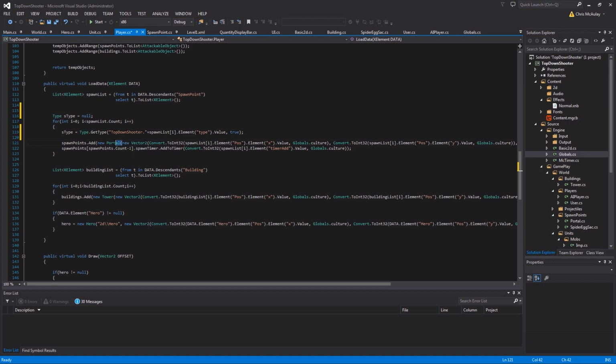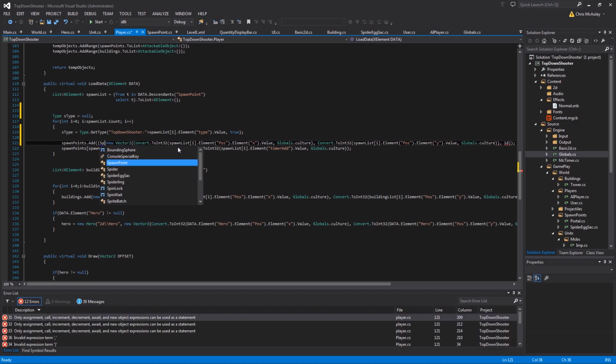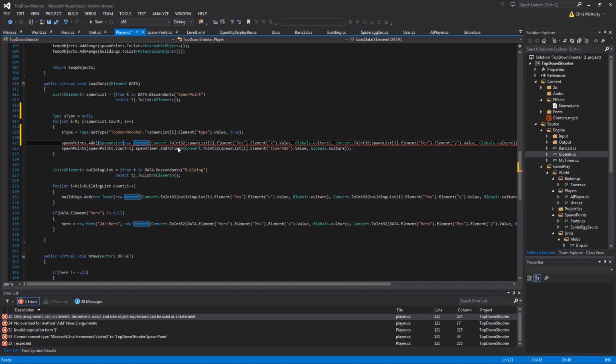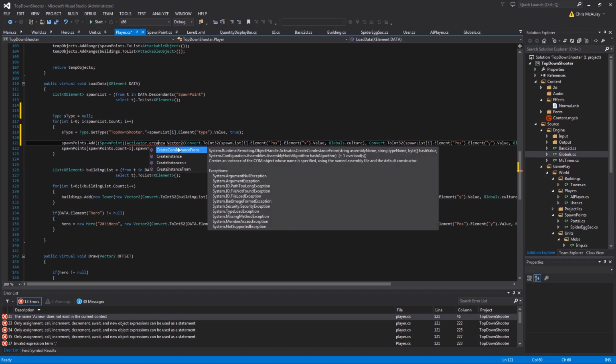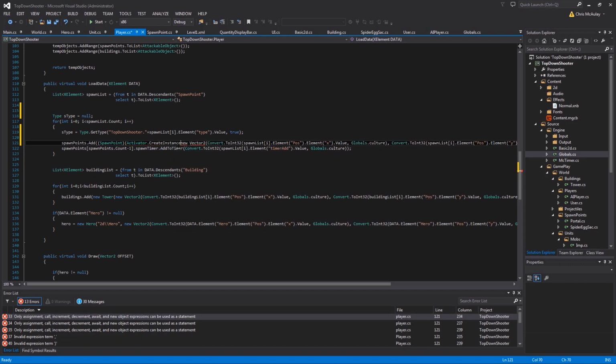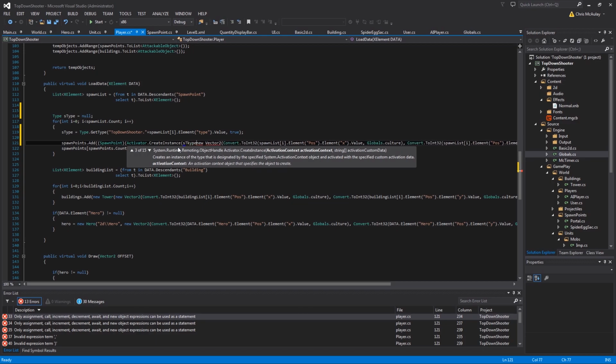So instead of this piece here, which would be the constructor for a hard-coded class, what we're going to do is say first what type we're doing, and so our type is a spawn point, and then we're going to say Activator, A-C-T-I-V-A-T-O-R, dot CreateInstance, and then we're going to say sType,